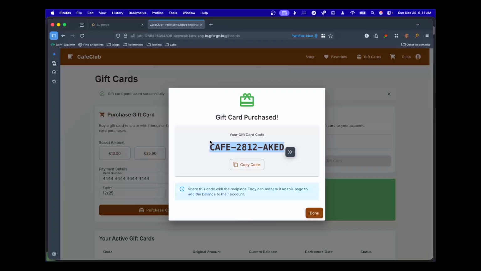So whenever you see something like this, if it gives you a code that looks like it might be some sort of structured naming convention, get a couple of them and see if you see any similarities. After I bought a couple of gift cards, I realized that this whole part was the same on every card, and the only thing that was different was the last four